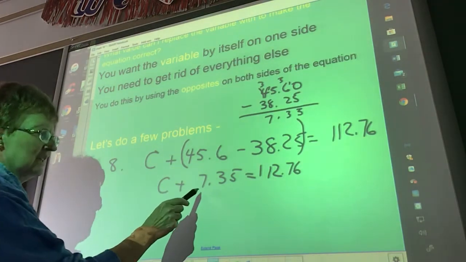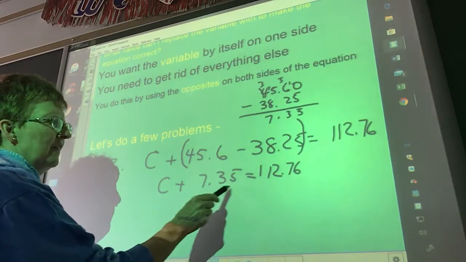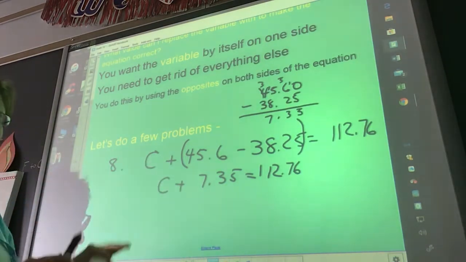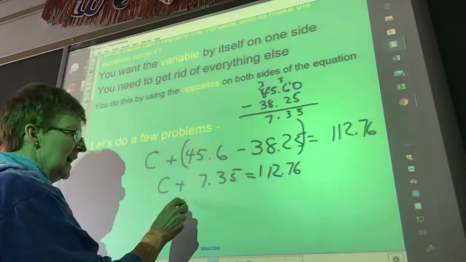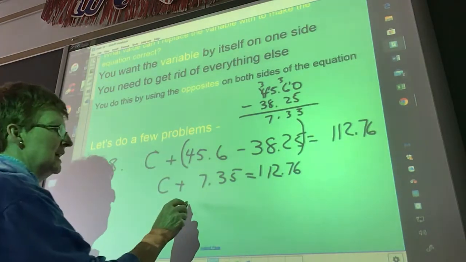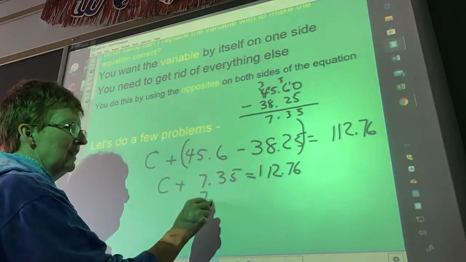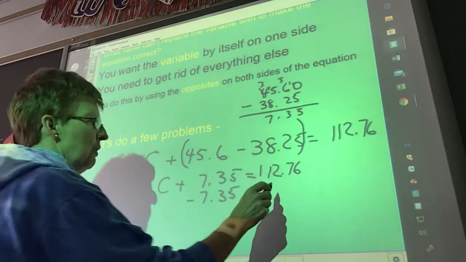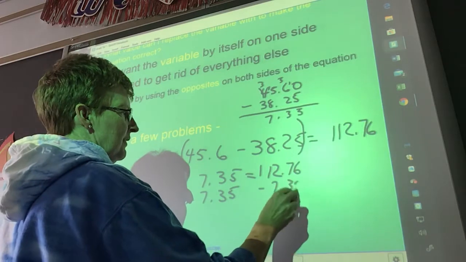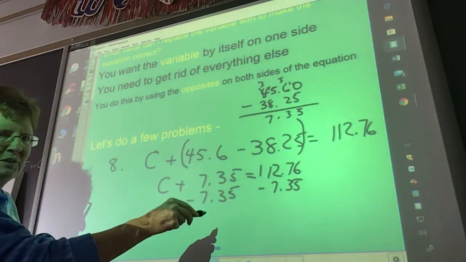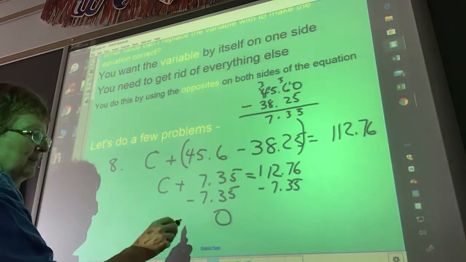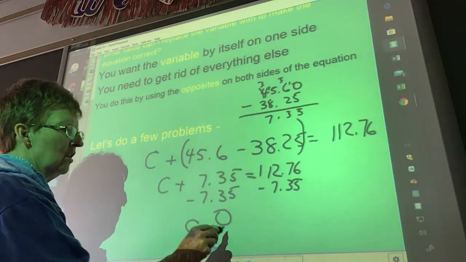So what I need to do is get rid of this 7.35. In order to get rid of a positive 7.35 on this side, I have to do the same thing on both sides of my equation, so I'm going to subtract 7.35 from both sides. When I subtract 7.35 on this side, this all disappears. So it's 0. Nothing's there. And I have C equals